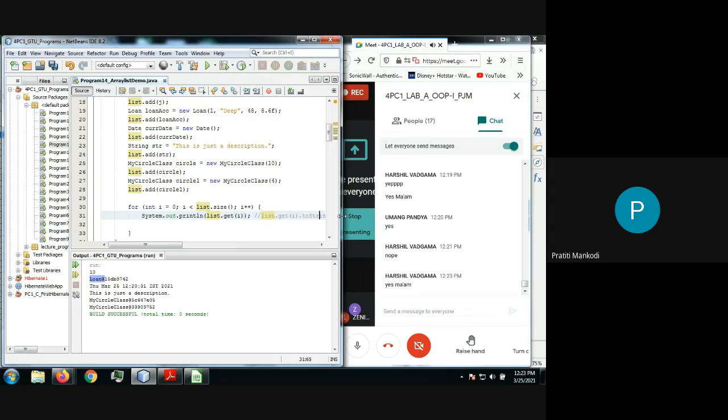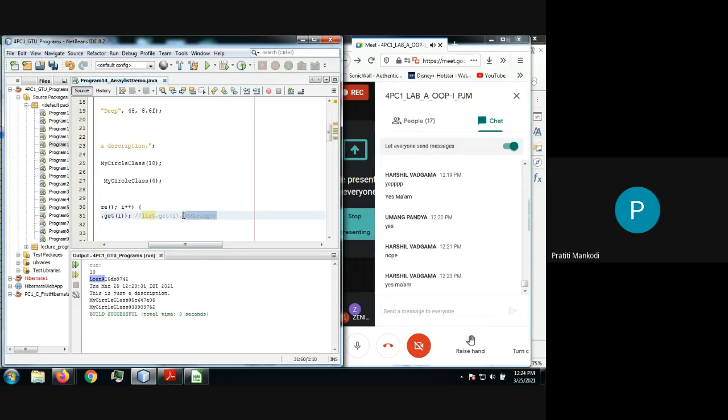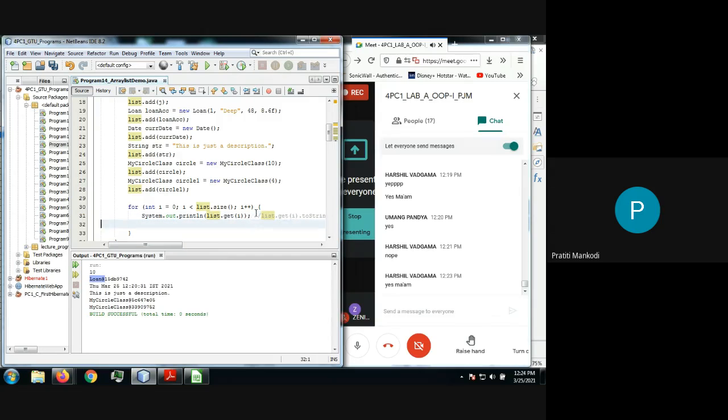We have the cosmic power, right? We say that God is a cosmic power, because there is nothing above God. Similarly, we don't have any class above Object. That's why it's a cosmic superclass. And it is a superclass because every class will be a child class of Object class. So this method toString is a part of Object class, and that's why every class can use it. So ultimately your object is going to be converted into a string, and then it is going to be displayed. But still it is not helping us, right? It is giving some unique hexadecimal address to us, and we cannot understand the data corresponding to this.